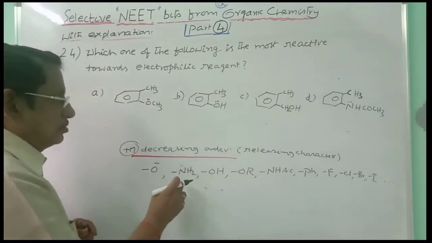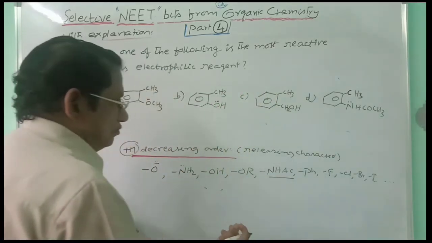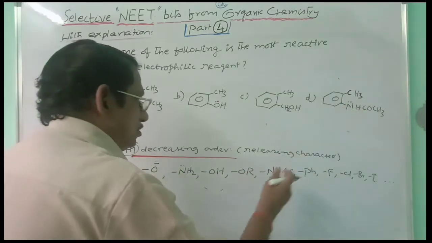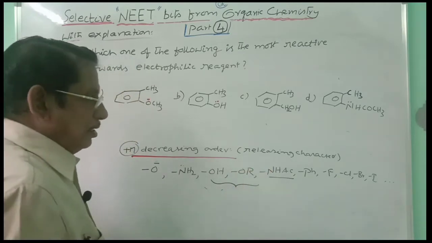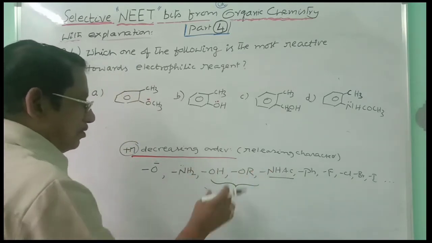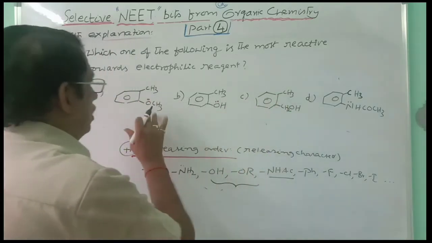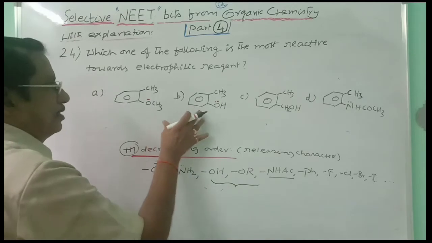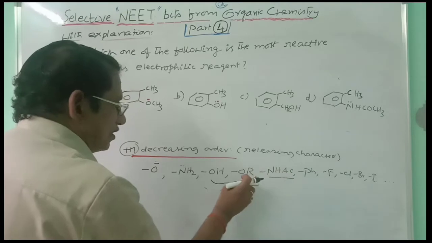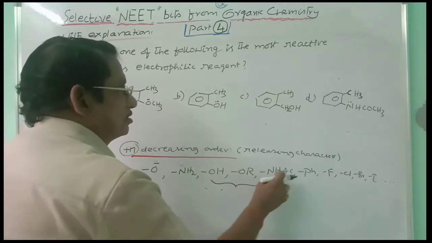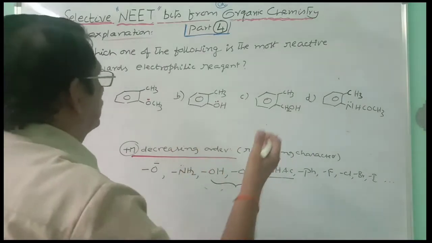And here NH2 is not given. In the place of NH2, NHCOCH3 is given. That is far below OR. And so you have to compare these two. Alkoxy group and hydroxy group, out of these two, which group releases more electrons more easily? NHCOCH3 is also almost a lesser releasing character, more difficult than OR. And so in this case, NHCOCH3 is not easy for giving electrophilic substitution.